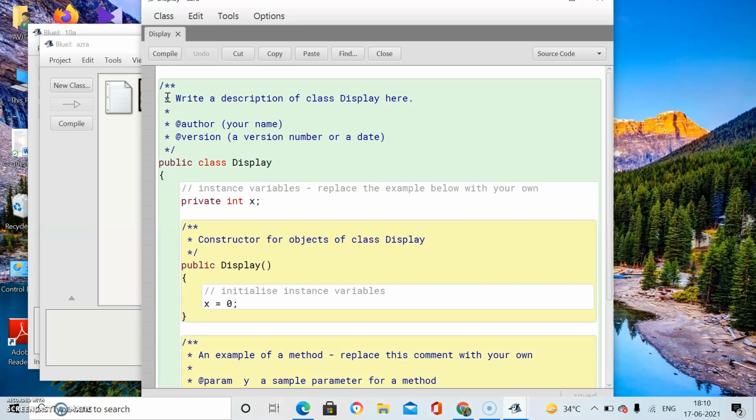Now you have some predefined documentation. Whenever you open it, you will have some predefined documentation over there. Select that with the help of the Ctrl+A shortcut keys.